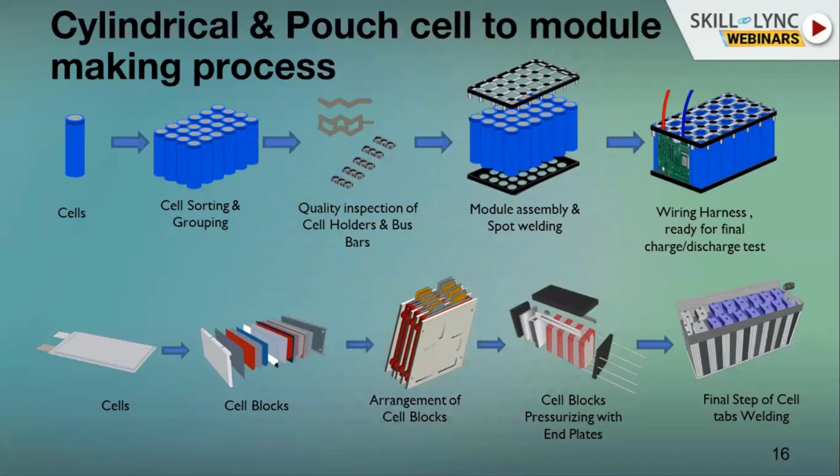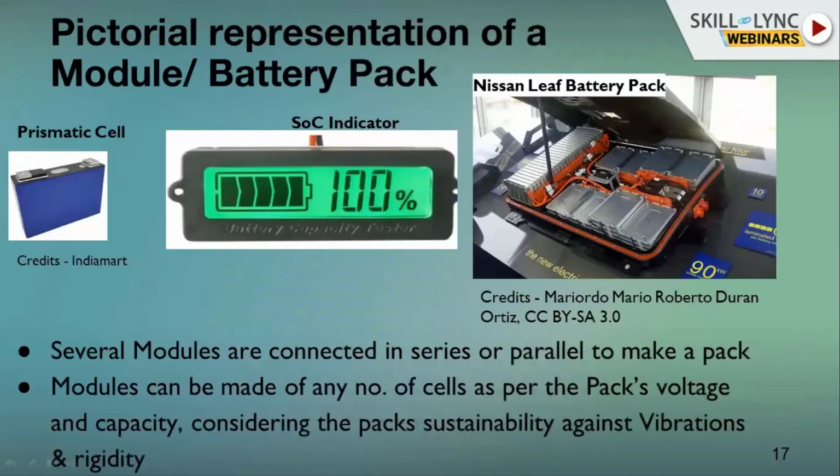To overcome that expansion, you use compression pads in between, so that when the cell is expanding, the compression pads do get compressed, so that the little bit of expansion doesn't affect the cells or the module structure. So this is how the cell blocks for the pouch cell are made. And the final step, after you tighten everything, you weld the whole cell for the interconnections, and that's how a module is made. So these are some of the representations of how the module and pack are made.